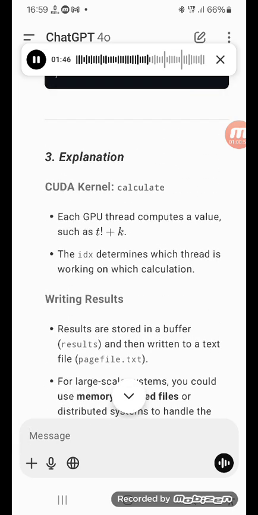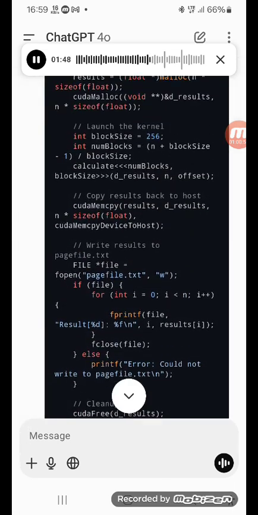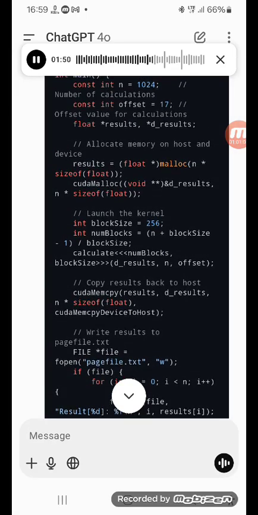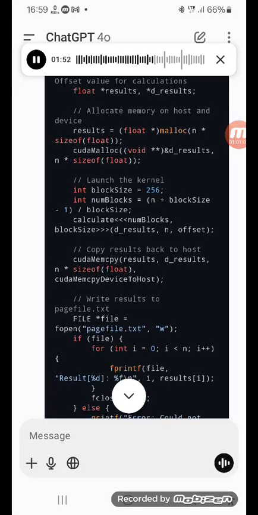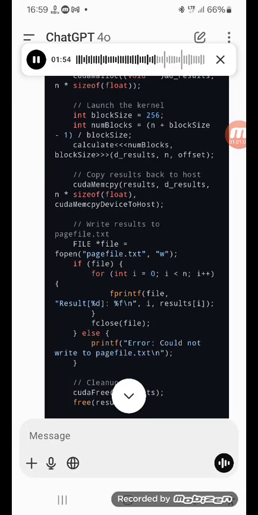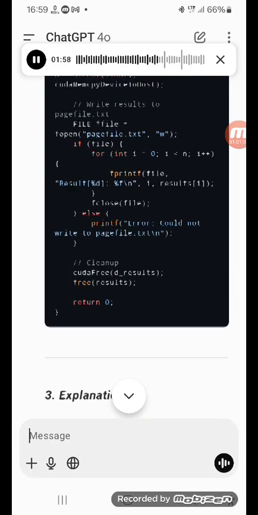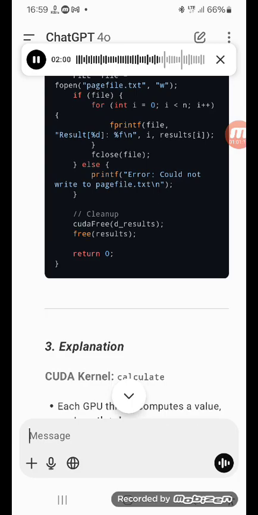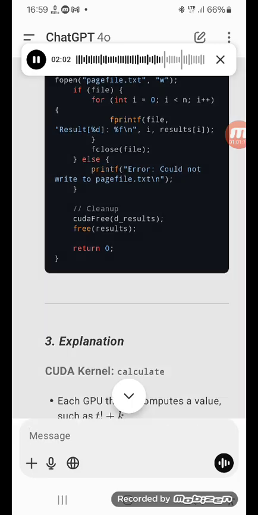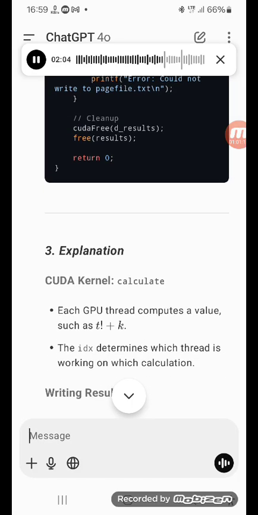// Write results to pagefile.txt FILE *file = fopen("pagefile.txt", "w"); if (file) { for (int i = 0; i < n; i++) { fprintf(file, "Result %d: %f\n", i, results[i]); } fclose(file); } else { printf("Error: could not write to pagefile.\n"); } // Cleanup cudaFree(d_results); free(results); return 0; }